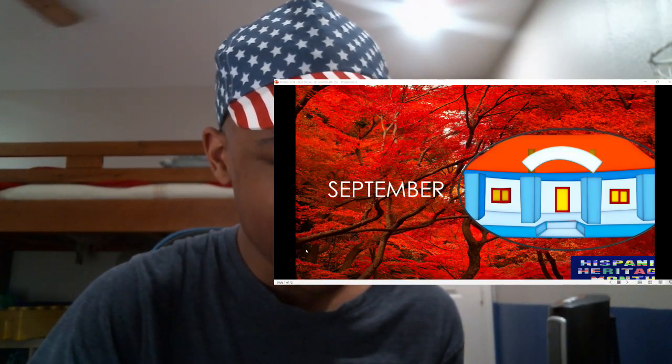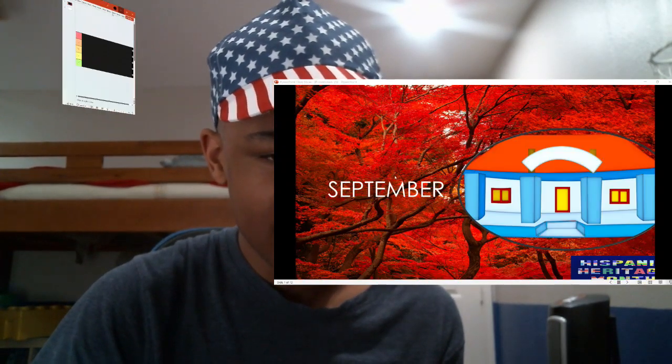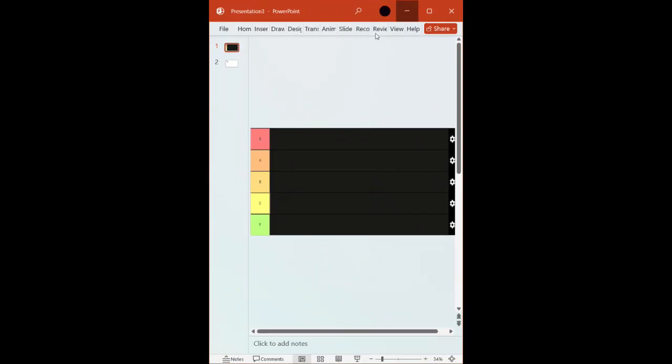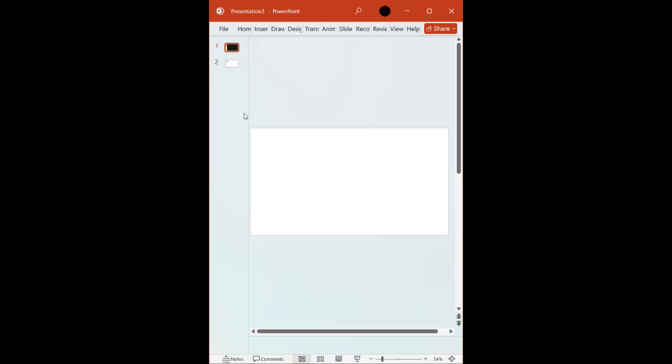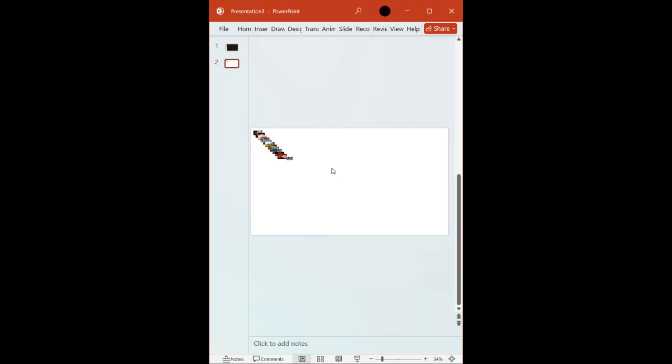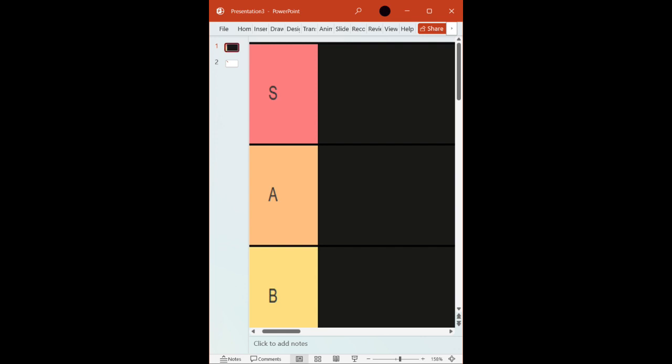Let's go ahead and add the tier ranker. Hope you guys can see this on the screen. This is our tier ranker. This is not gonna be a camera just to make this easy for the rest of us. So this is our tier rank. Let's see what are we gonna do with the month of September. Okay, I gotta find my September image. So September. Oh, also one more thing I forgot to talk about.